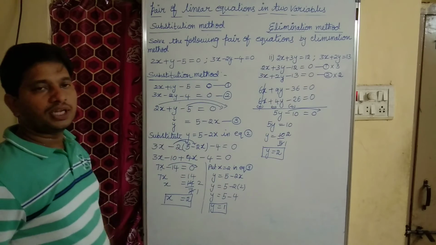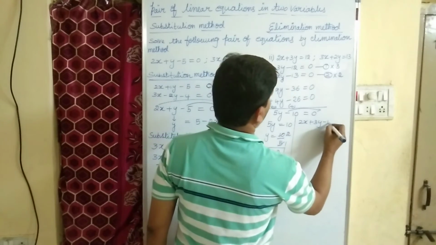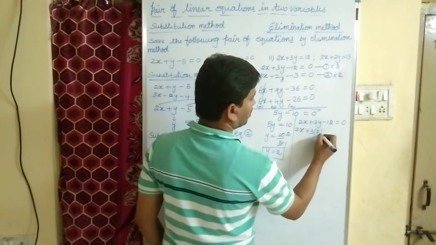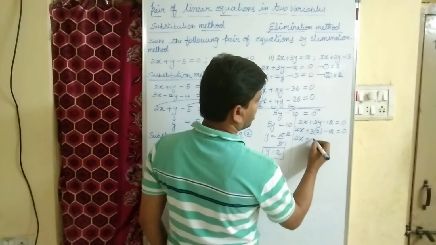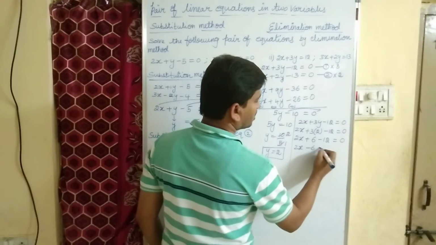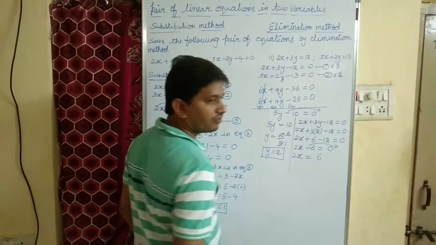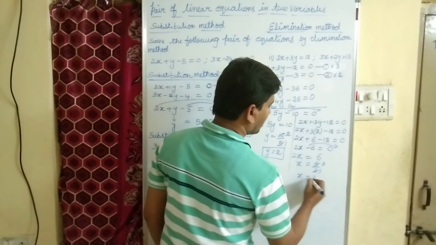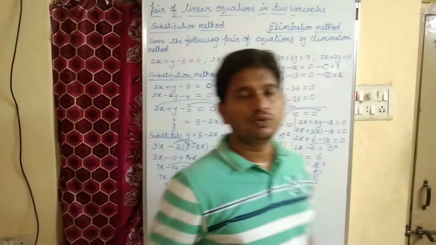Now put y equal to 2 in equation number 1 or equation number 2. Equation number 1 is 2x plus 3y minus 12 equal to 0. 2x plus 3 into y value 2 minus 12 equal to 0. 2x plus 3 2s are 6 minus 12, that is minus 6 equal to 0. So 2x minus 6, if you transpose, it will become plus 6. So x equal to 6 by 2, 2 1s are 2, 2 3s are 6. So the value of x is what? 3. In both the cases, we got the same value, right?